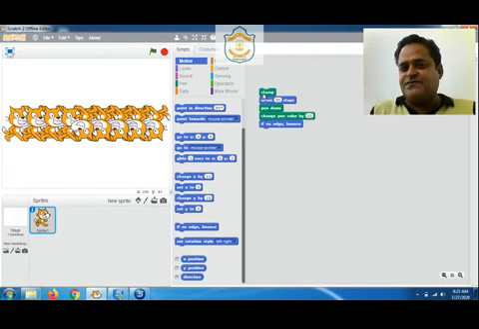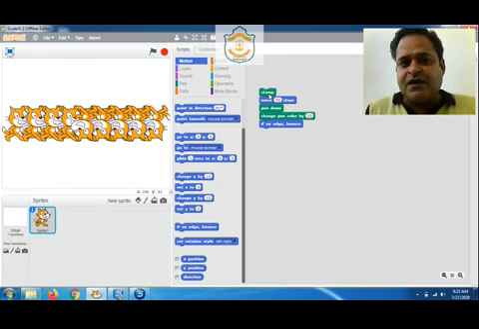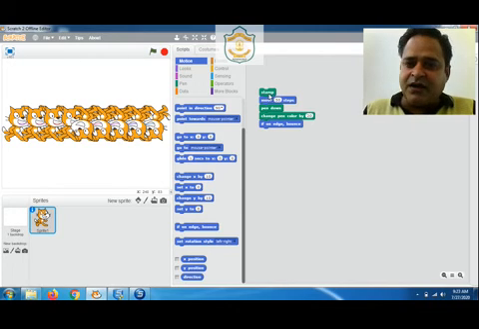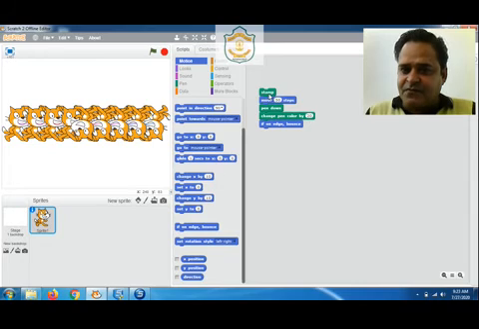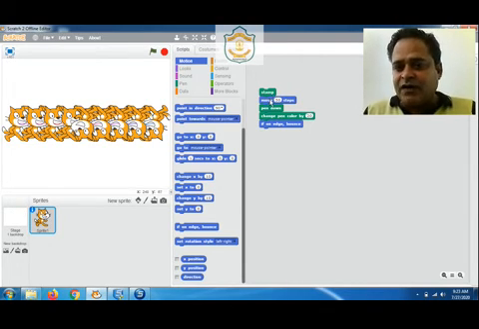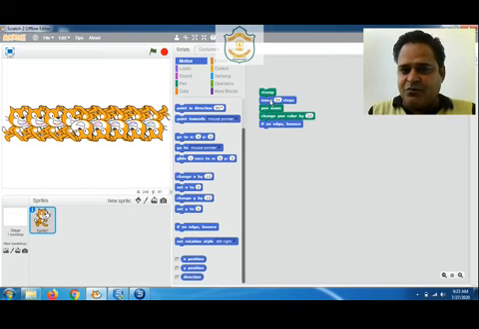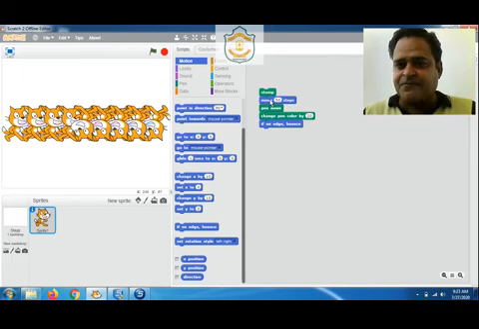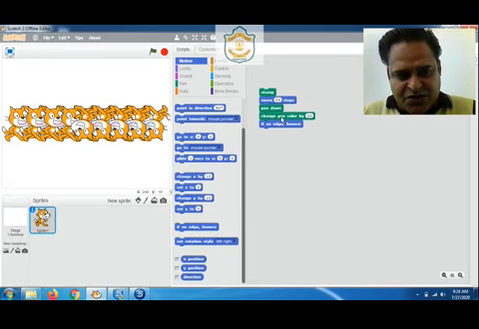The stamp command is used to stamp a copy of the sprite itself. So this was the first block which creates a copy of the sprite. The second one was for the forward movement of the sprite. The third one was pen down, to draw the line. The fourth one was change the pen color.